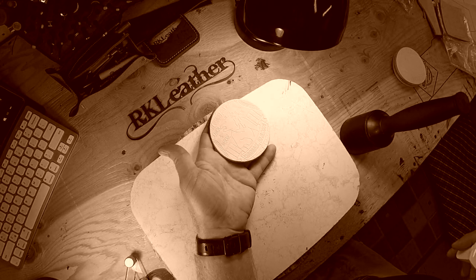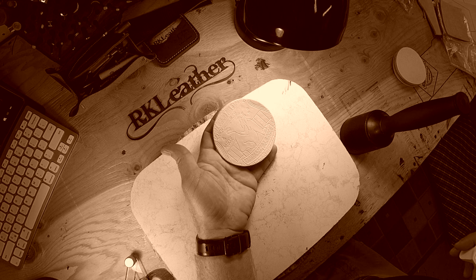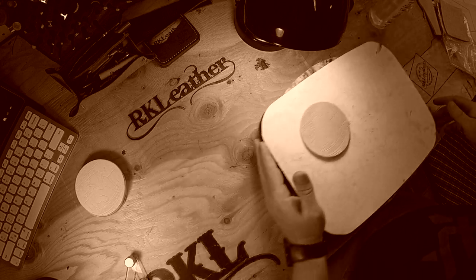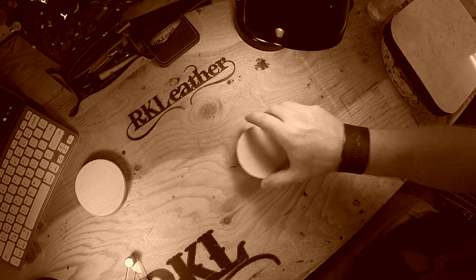Alright. So that's done. Guitar strap. I'm gonna start doing the tooling. Couple of these to do. I'm gonna swivel knife them all first. That way they're